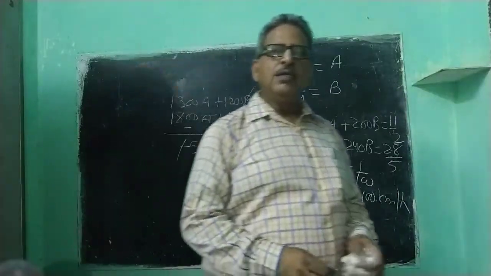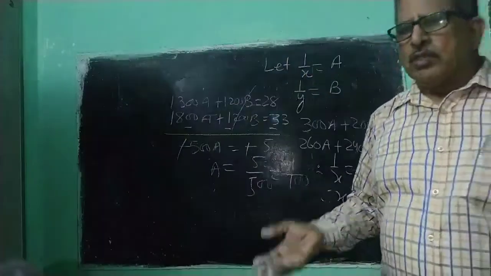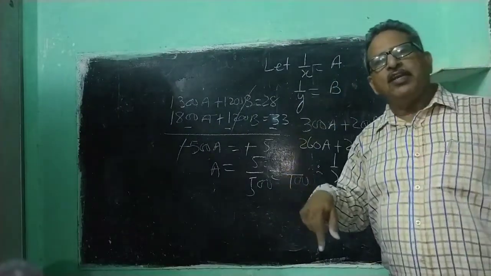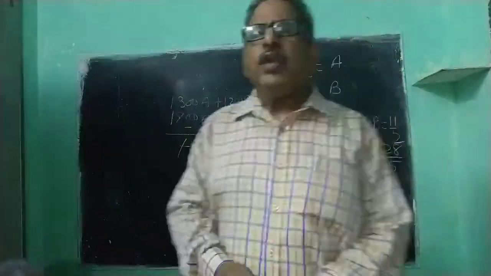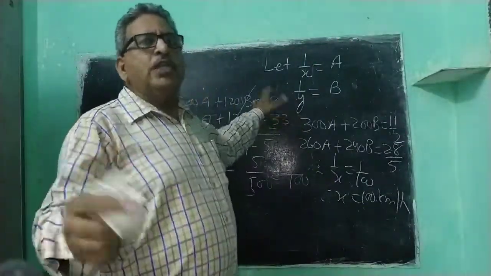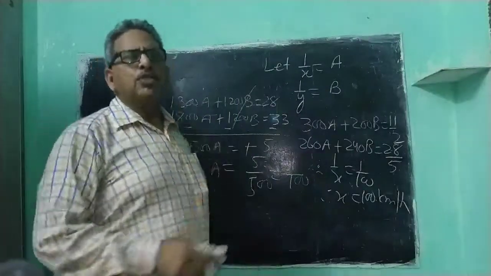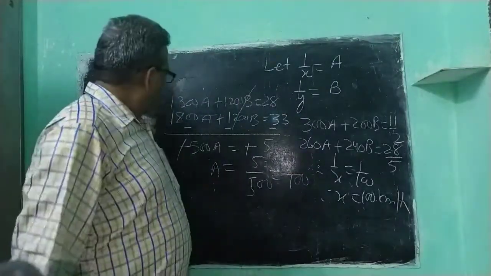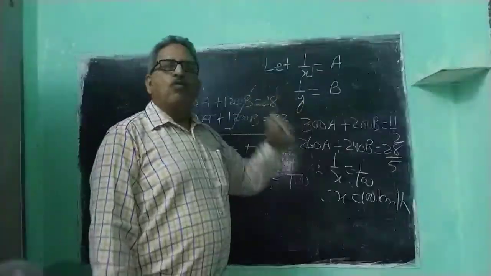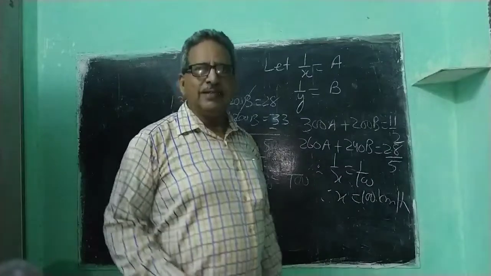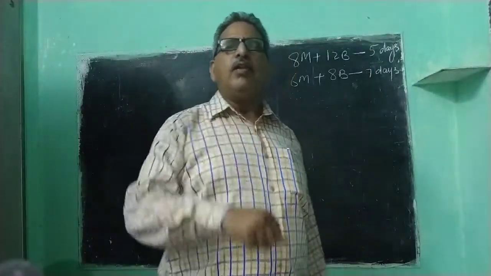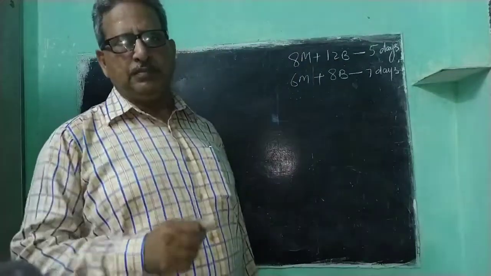Okay. So similarly, beta, either you put the value of x and get the value of y, or you can use the elimination method again. By using the elimination method again, you will come to know the value of b first, then you will get the value of y. Clear? Good.